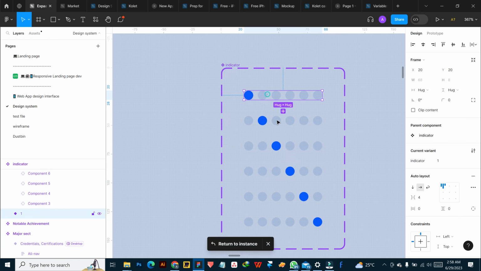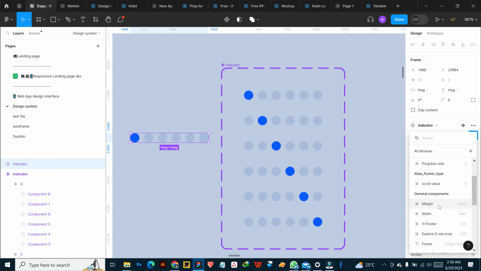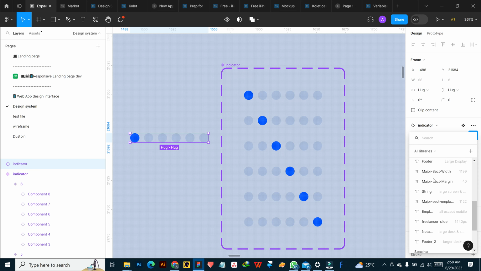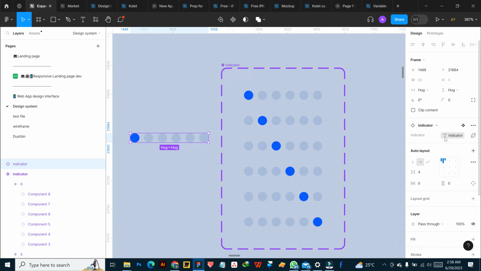So that was how I did this. So what we want to do right here is we're going to copy an instance out like this, and you can have access to attaching a variable to it. So where we're going is we're going to image slider, and this is where we're going, indicator. Right, so we click on indicator. So what happens is that now